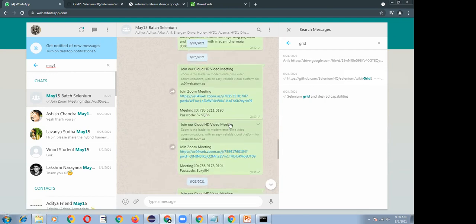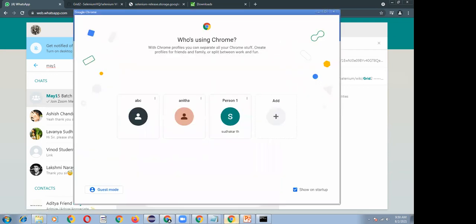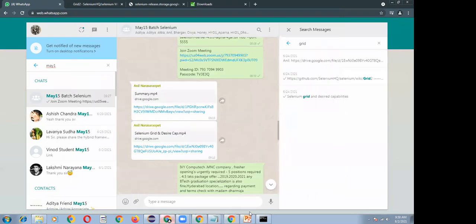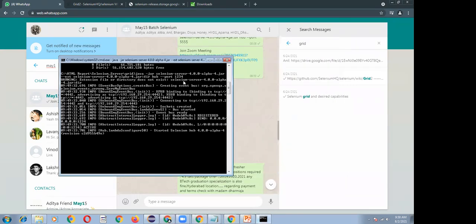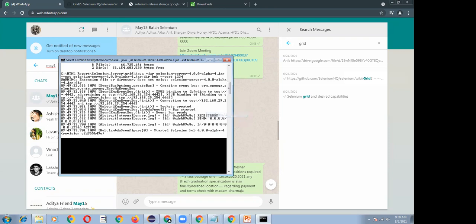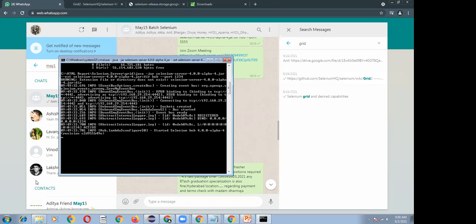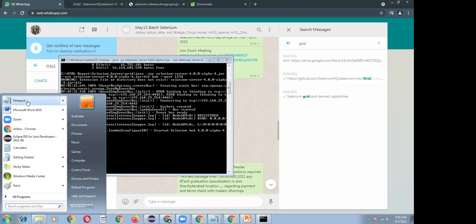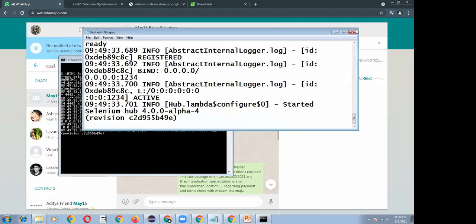One important point is that it will connect to the hub, so I'm copying the entire string: edit, select all, copy, and pasting it into Notepad.